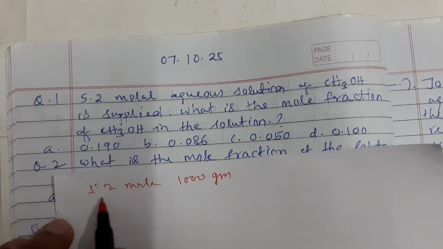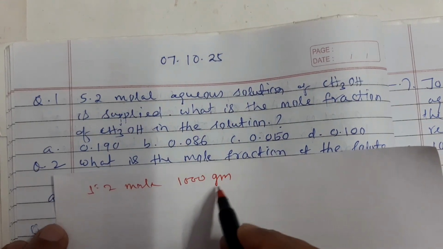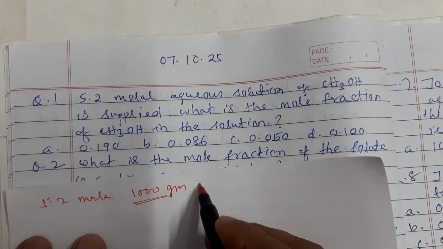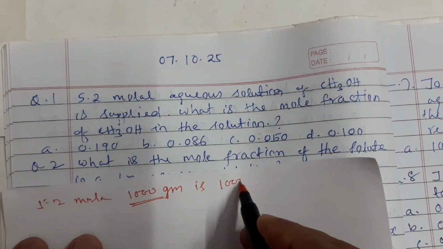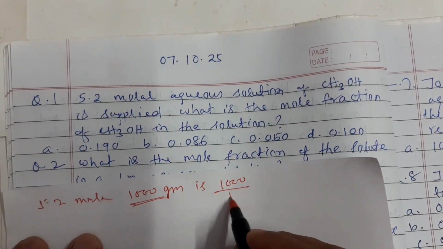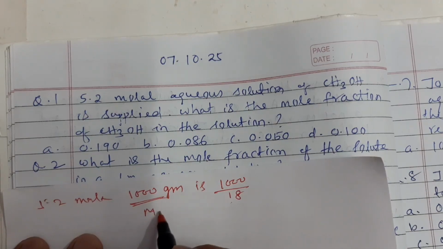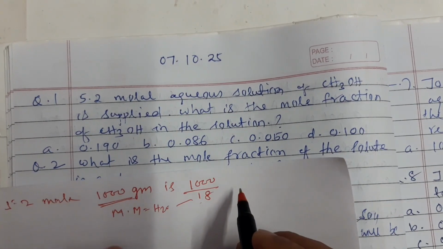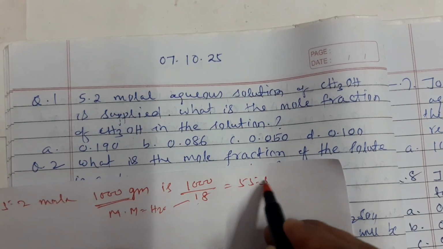So this is a 5.2 molal solution. 1000 gram of water is how much mole? 1000 divided by 18, because 18 is the molecular mass of water. So you will get 55.55